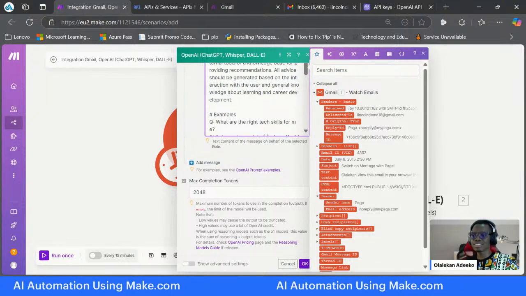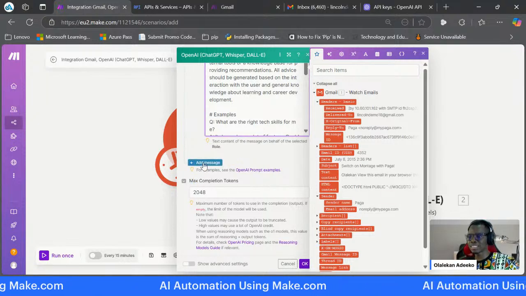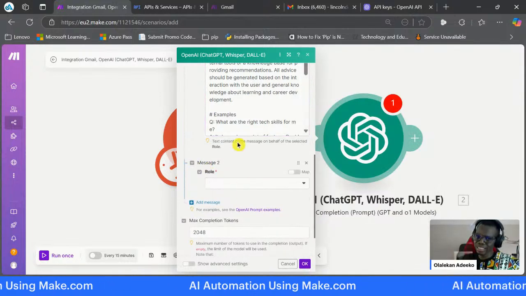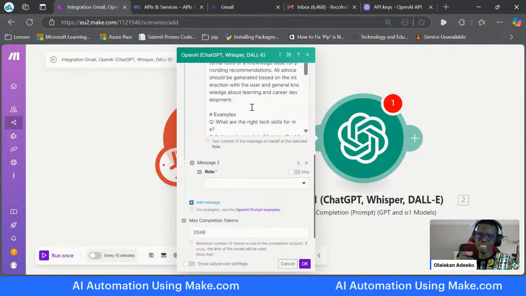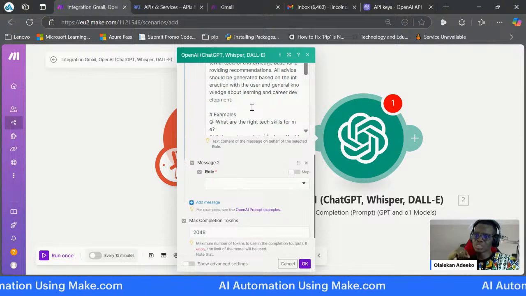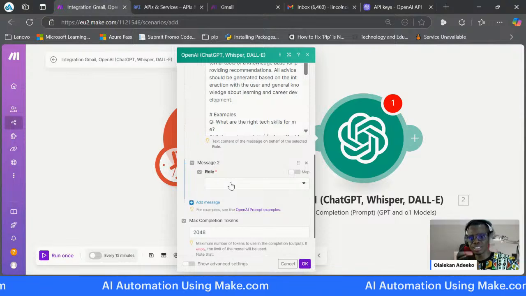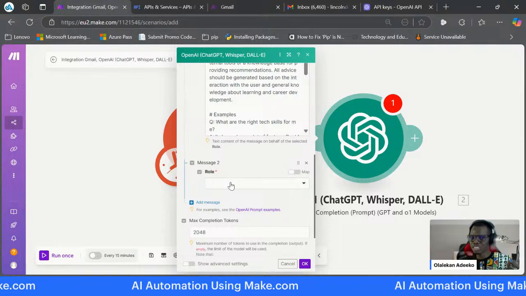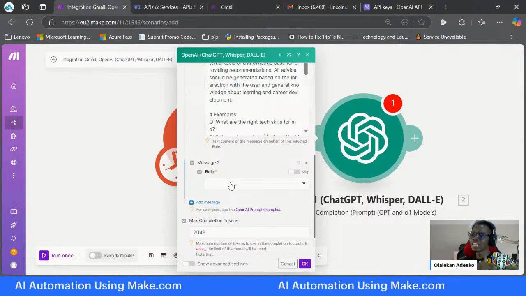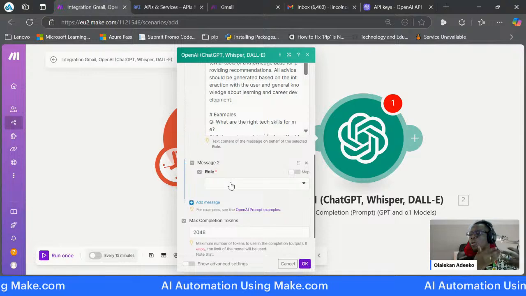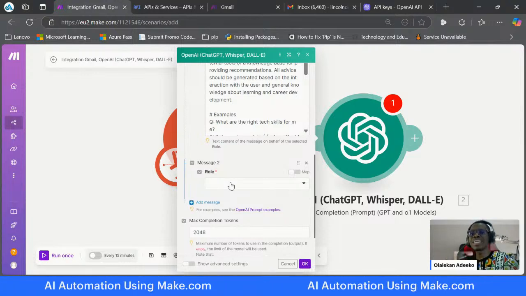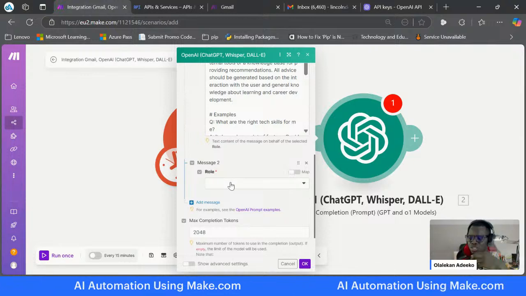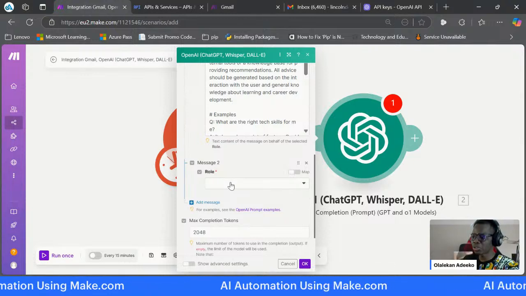There is still another message at the bottom. So what is the message that it should take in? The first message is what ChatGPT is responding as. The second message is what will it respond to? It is responding as something. Then what will it respond to? It is supposed to respond to what? The email, the content in the email. I hope you understand that. It should respond to the content in the email as